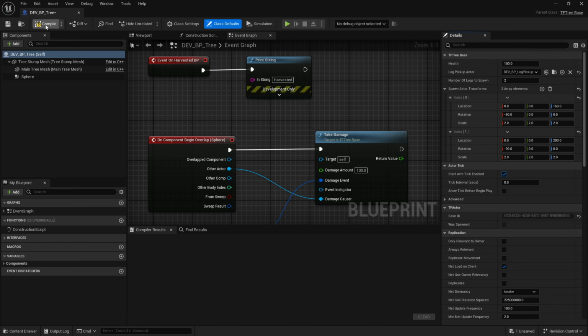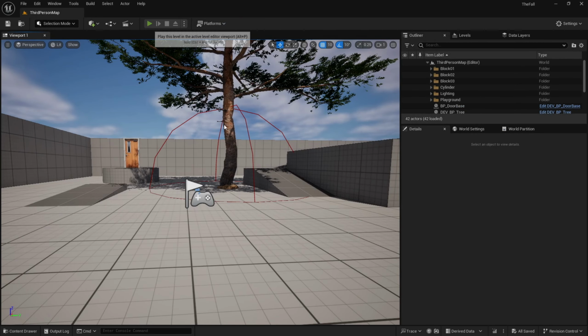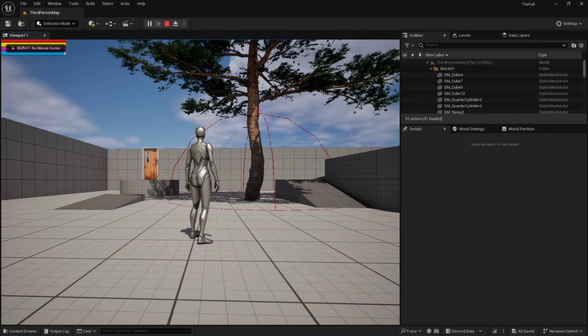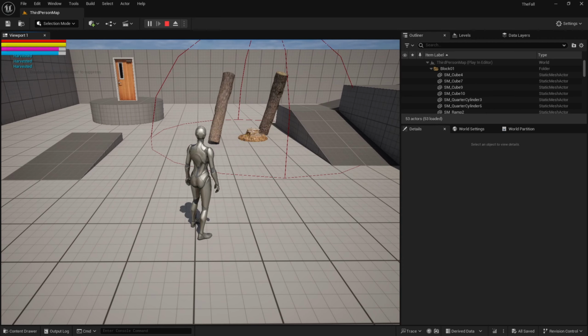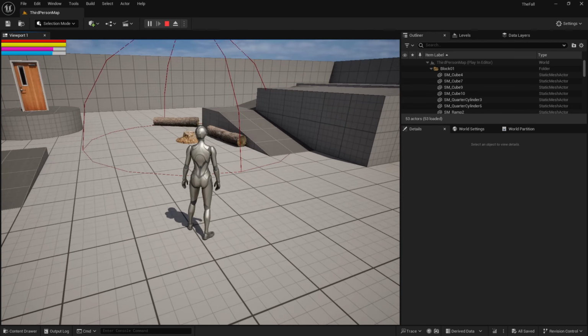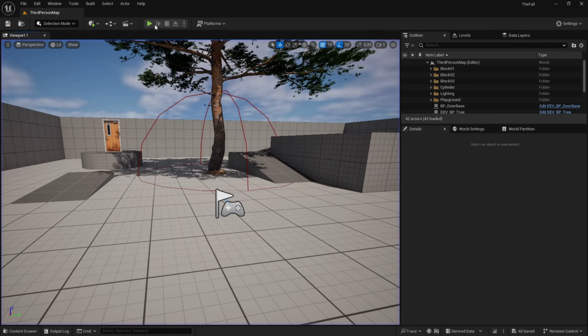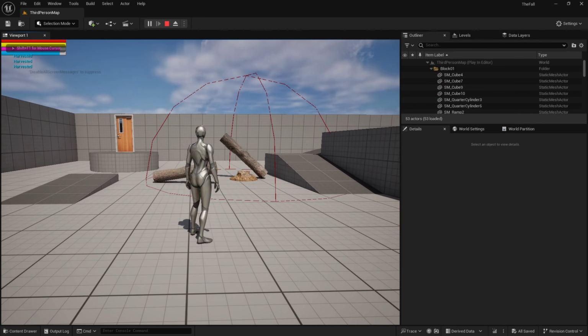Let's try those. That might make a difference because we're using those transforms. There you go. You can see they're bigger. With that, you will need to adjust these transforms because, as you notice, there was some collision. And that is where you end up with what I like to call Bethesda physics, where you'll see things launch